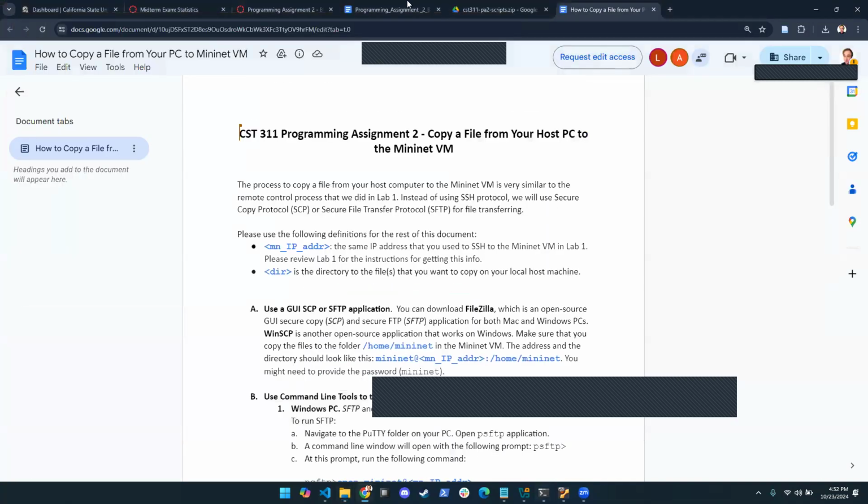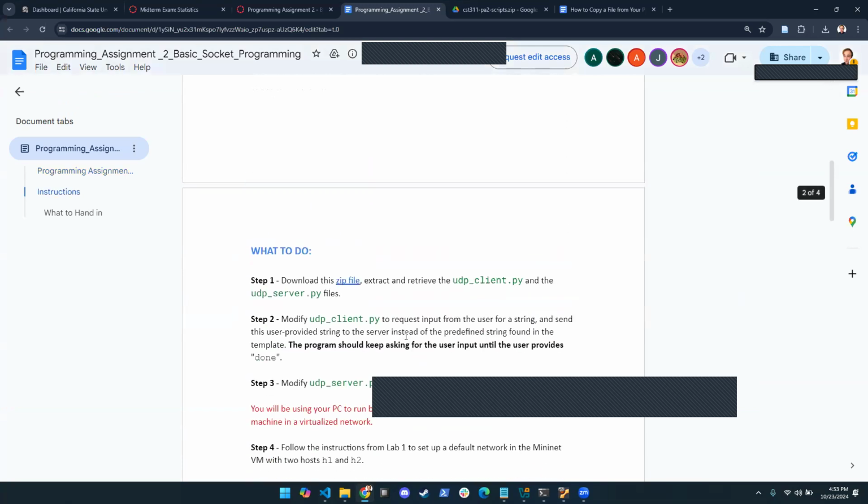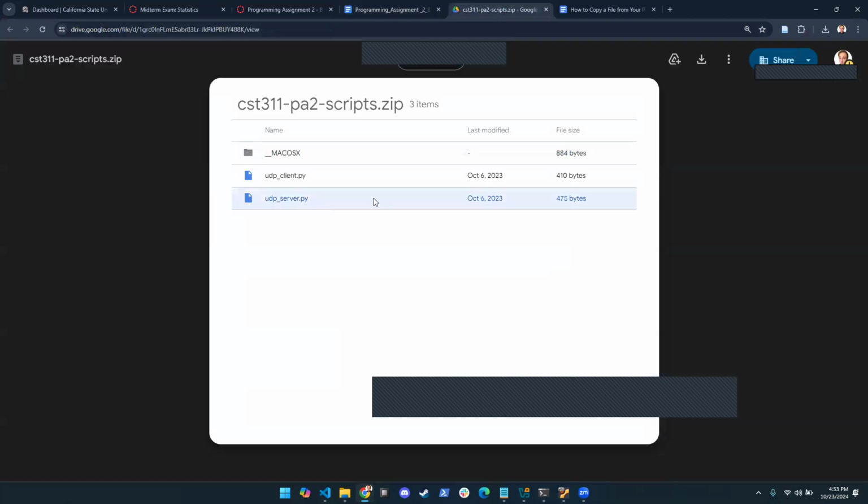Okay, like I was saying, let me just start from the beginning again. Programming assignment 2, you're going to be simulating a UDP client and a UDP server in Mininet on 2 hosts. So the server is going to run on host 1, the client's going to run on host 2. You can find the starter files in this zip file link here, and then you're going to want to download